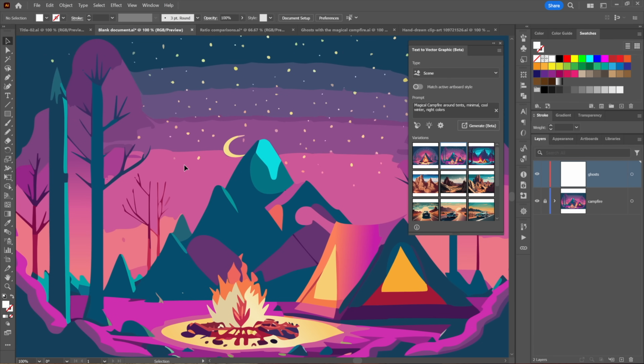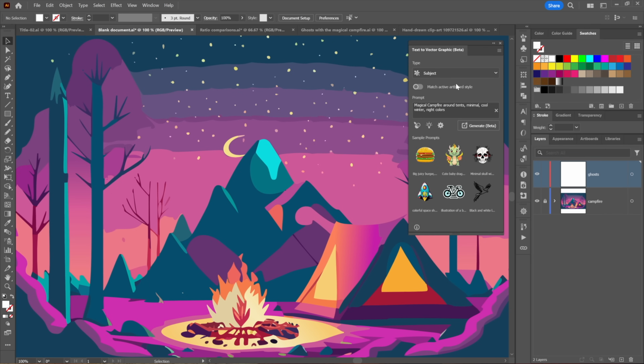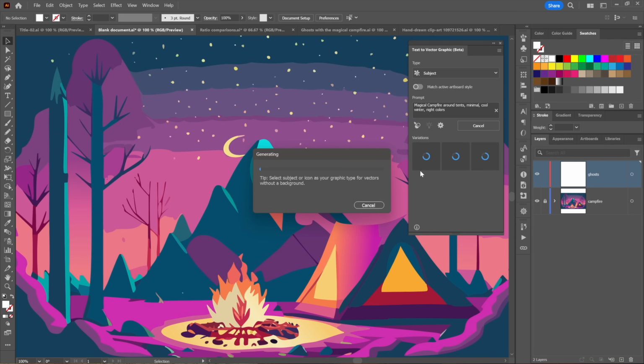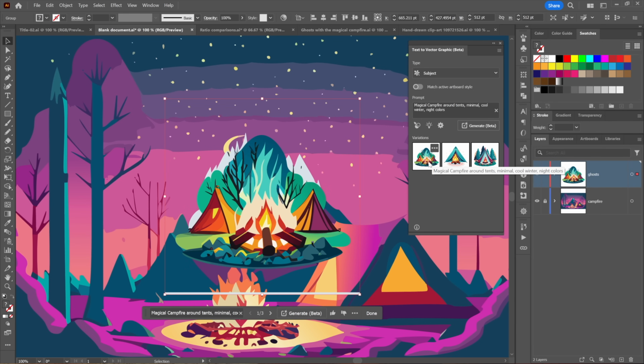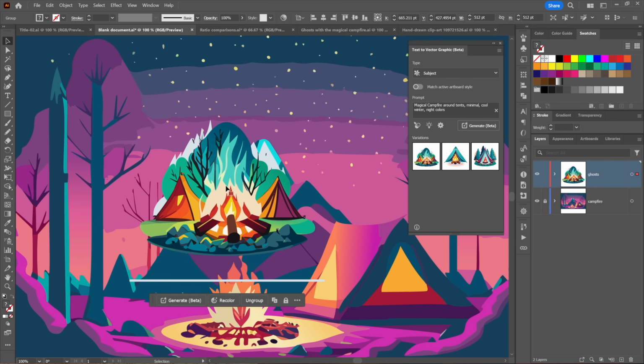All right, now I'll zoom in, and now I'll switch over from scene to subject, just because that way we're not filling a rectangular area. That way we're allowing for transparency. And that's just the general difference between scene and subject. And so I'm not going to draw anything here. I'm just going to say I don't want a magical campfire this time around. I could go ahead and generate that if I wanted to, and it's going to communicate with Firefly. But then notice once it gets done creating these things that they have transparent backgrounds, and you can change that by